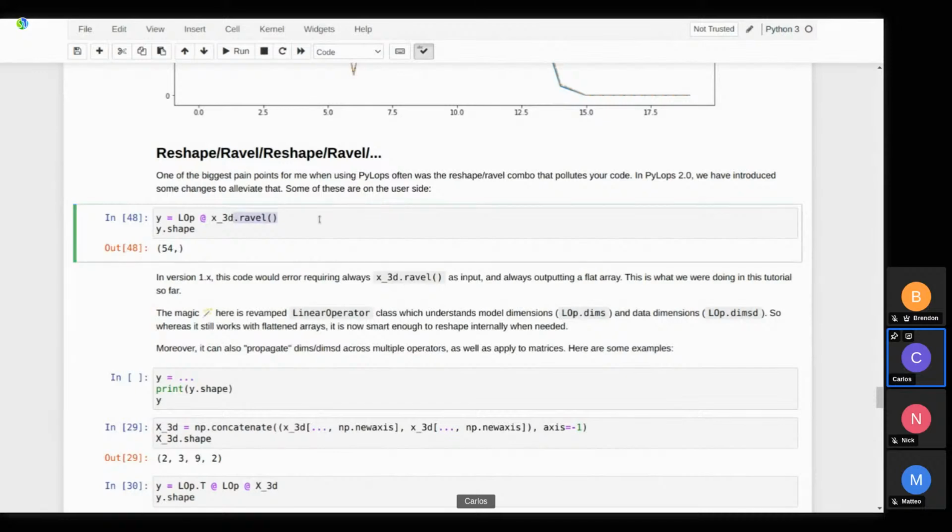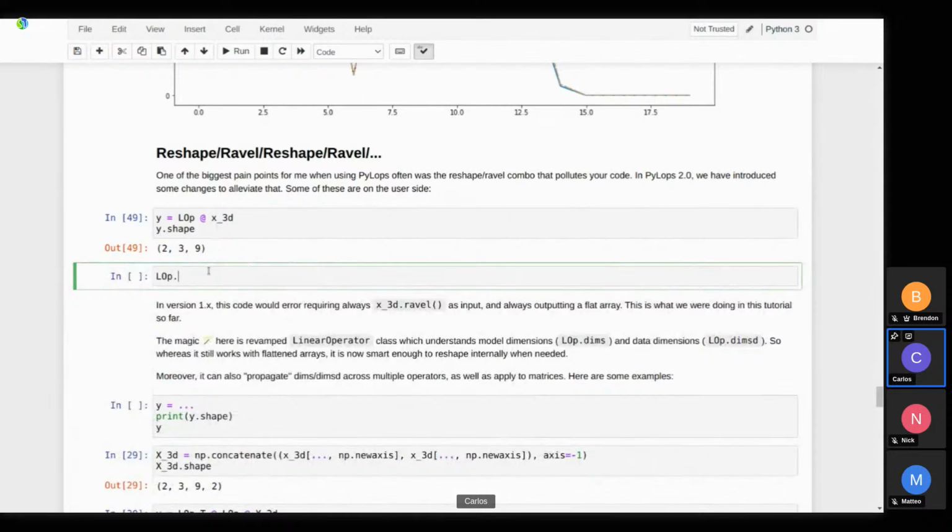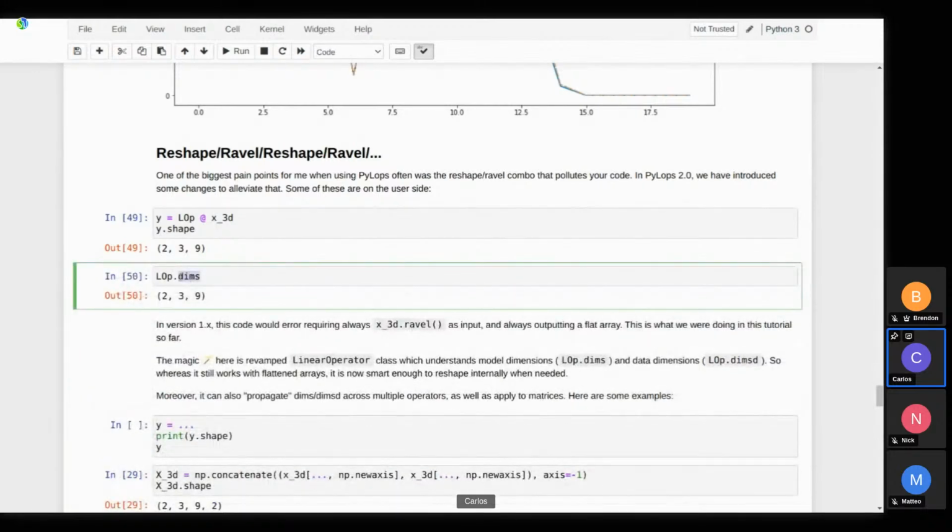But now, if we actually do this, we are taking an ND array, and we're just using the same multiplication. Remember, this is the same code that we wrote before. So nothing changed in the operator. However, PyLops now comes with the capability of handling ND arrays as long as the operator here has compatible dimensions. Because this and this are the same, the linear operator is able to figure out that